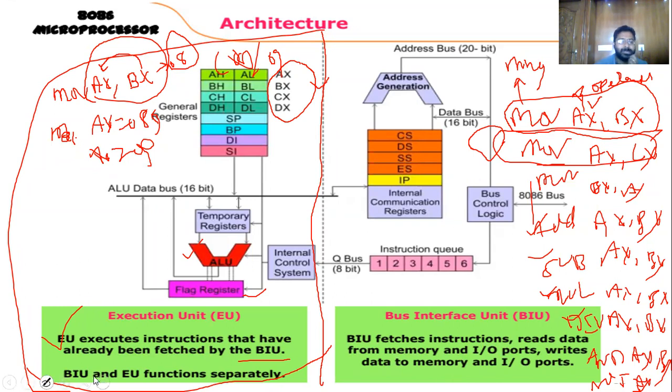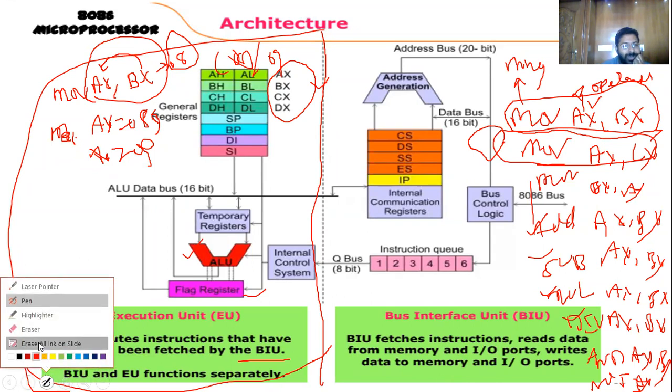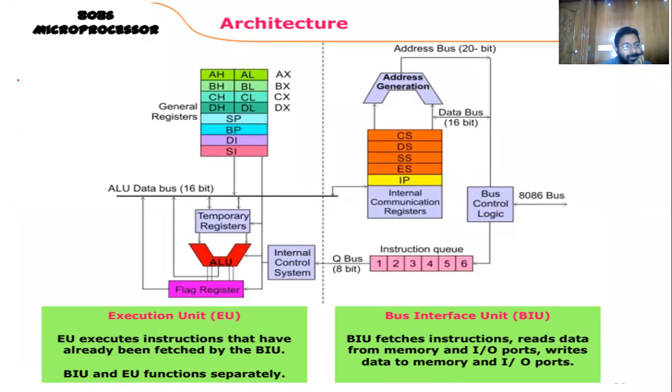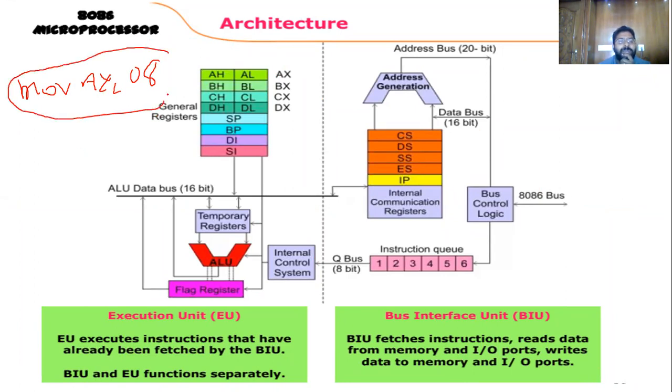I will tell you a simple example here once again. Do not confuse that one. Very easy example, the same example. MOV AX, 08, suppose. So this is the language, you know that. The microprocessor doesn't understand this. The microprocessor only understands a language like 001101. This you can call machine language. This is assembly level language.